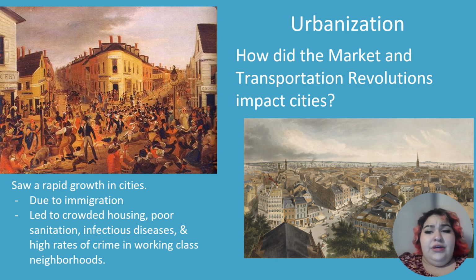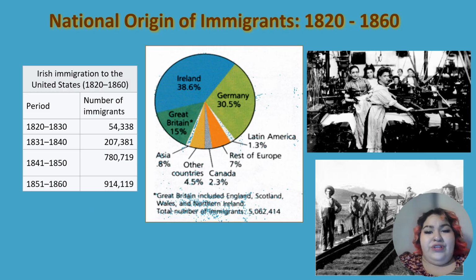And so we're really going to focus on the immigrants because they play a huge role in the country during this time. Now, we saw a huge surge in immigration, specifically during the 1820s to 1860s, right? They're going to come from a lot of places in Europe, right? Great Britain, Ireland, Germany. But if you look at this chart, it really puts into perspective how fast these immigrants came to the country, right?